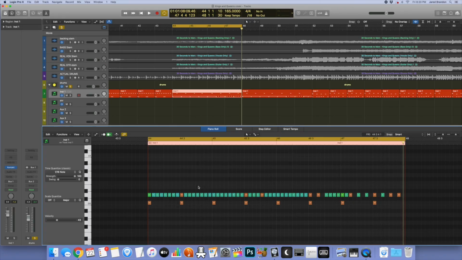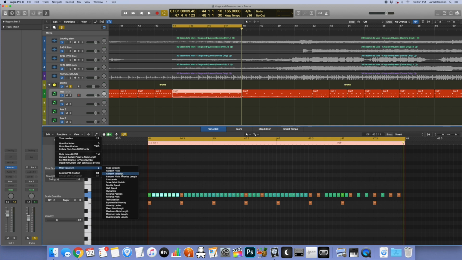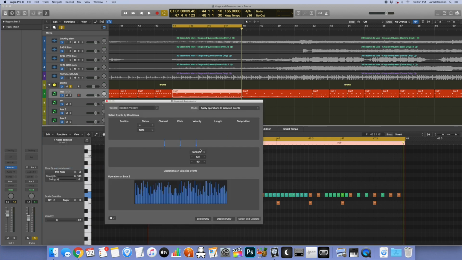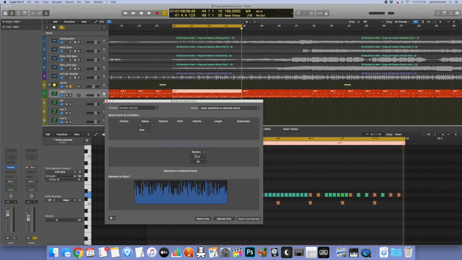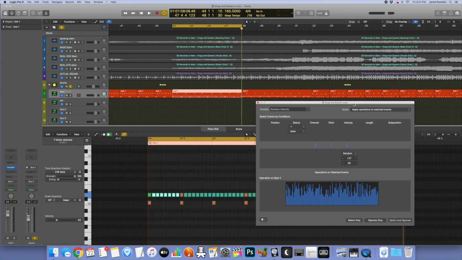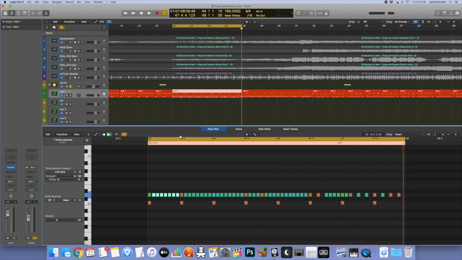So what I did was I selected all of the rolls independently once I had them drawn in, and I went to MIDI transform, random velocity. And then I set the range, I think from 40 to 50, so it could be anywhere within that range. And then I just hit operate only. Since I already had them selected, you don't have to hit select and operate. So since they've been randomized,